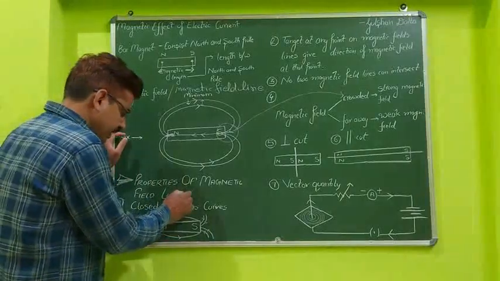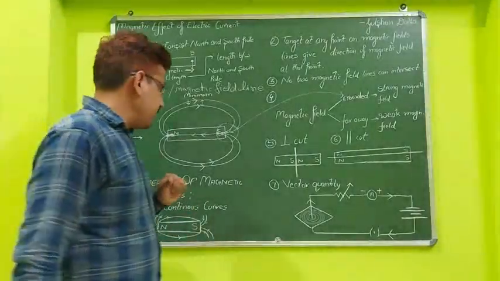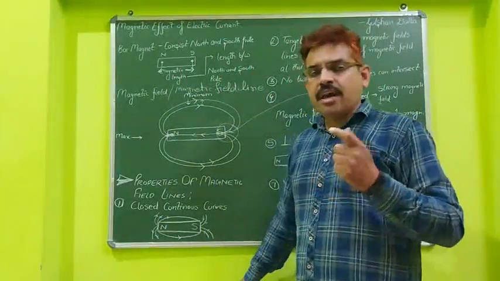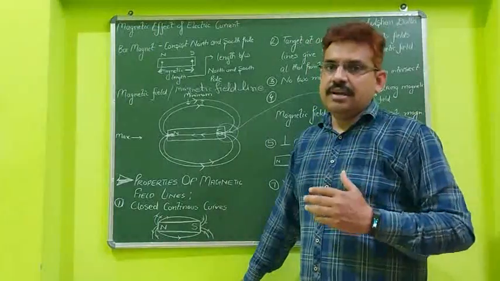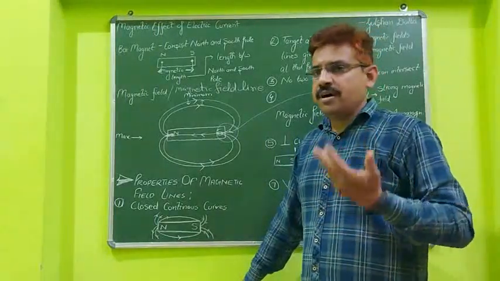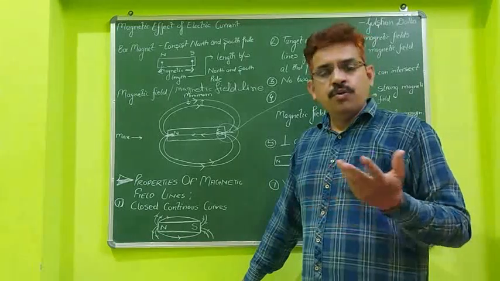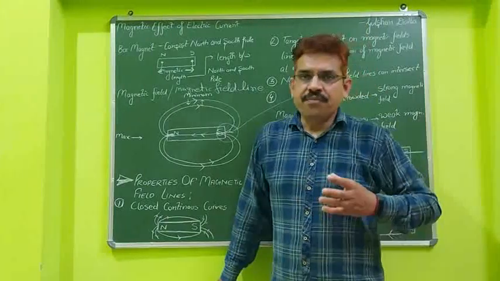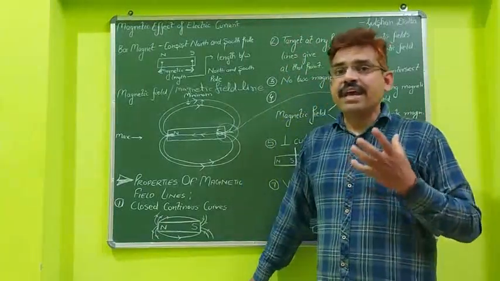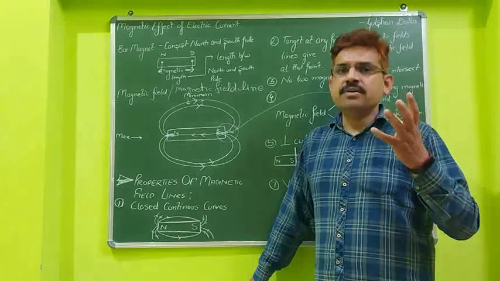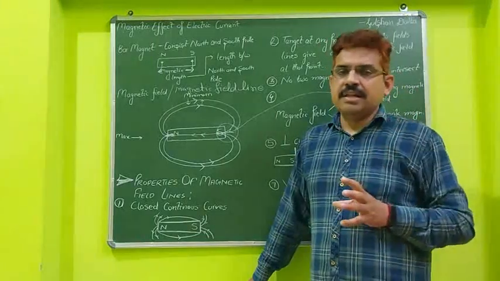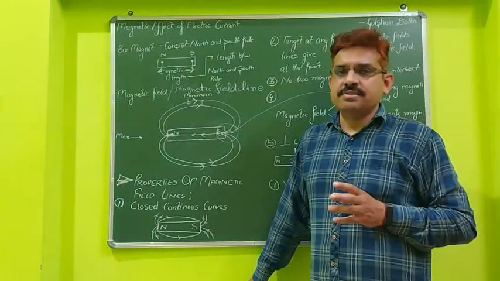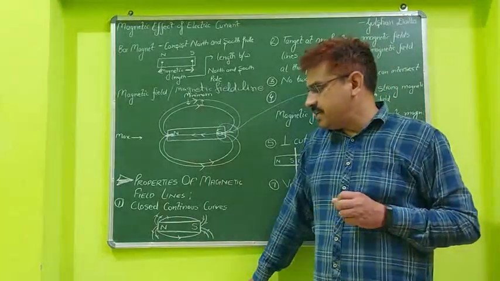So before going to the properties of the magnetic field lines, I want to share what magnetic field lines are. I already shared that lines will be there if a field is there. If no field is there, no line will be there. So field lines are the lines where we can see the impact of a particular bar magnet, that is, up to what extent the bar magnet shows its influence. That is known as magnetic field lines.